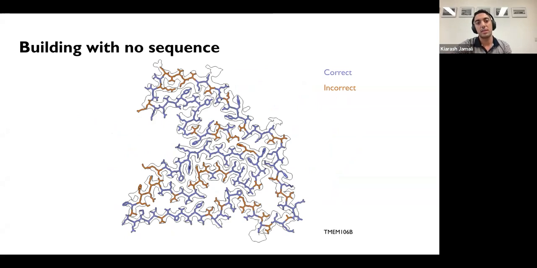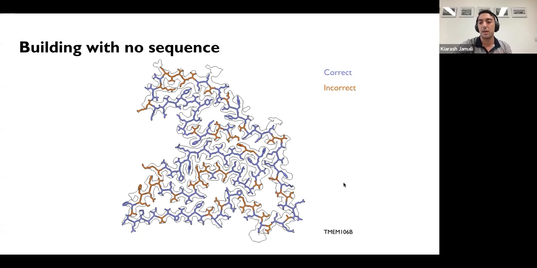So we also wanted to see whether we can do this without the user providing sequences. And we know that if the resolution is high enough, when people are building things de novo, a lot of the time they can make some judgments about what they think it is. So we wanted to see if that's possible. And so if you train the graph neural network itself without having the sequence module, you are then able to run ModelAngelo without sequences. And then we wanted to see how that performs.